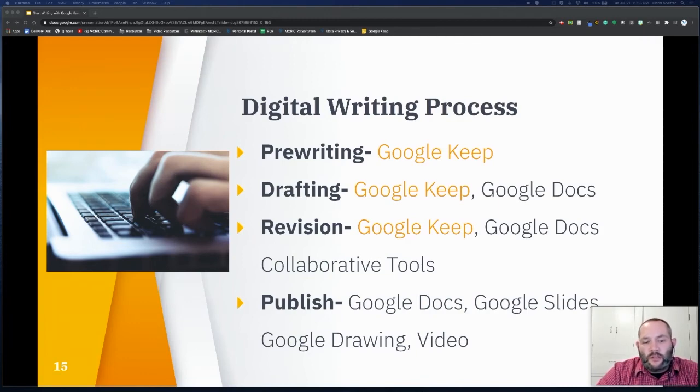There aren't too many uses for Keep in the publishing or the final draft of a writing assignment, but students will have a much easier time staying organized and efficient if they integrate Keep throughout the writing process within a given assignment. So in some cases, you could argue that students would struggle to even get to the publishing step without having used Keep along the way.